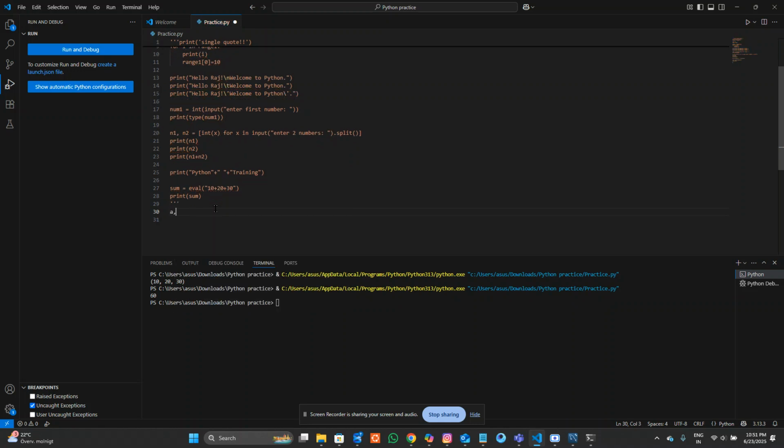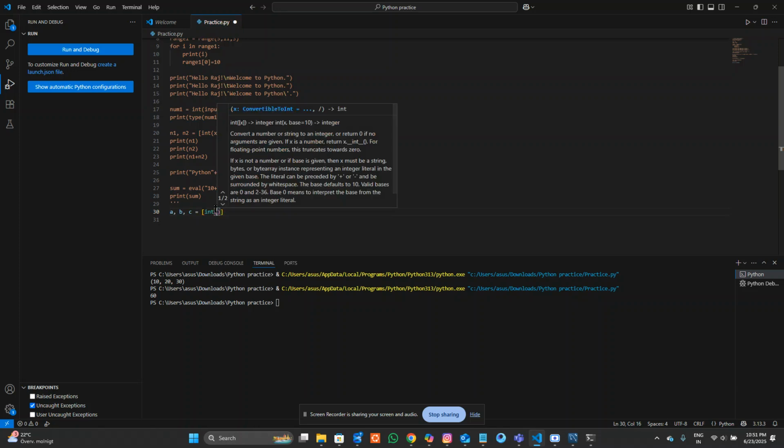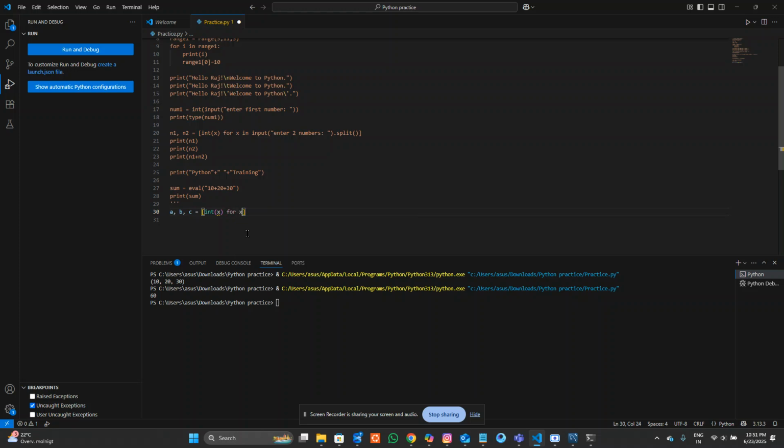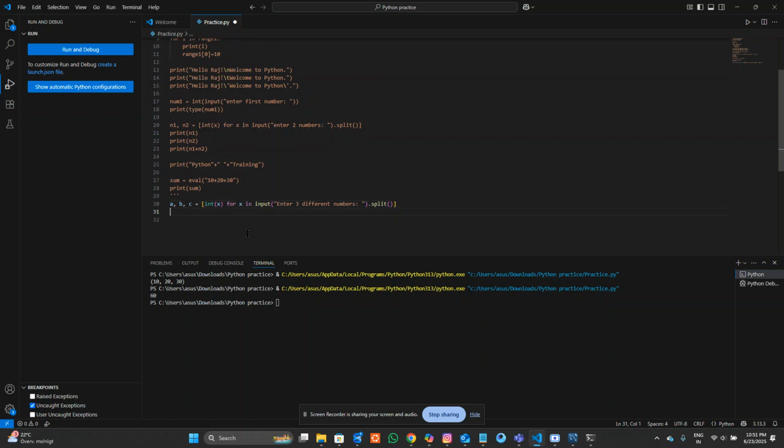So I will take A, B, and C. How it goes: in square brackets, int of x for x in input, or any value that we are taking from the user. Enter three different numbers, it's better for our code, and then we are going to split it using a space. Once our three numbers are there that are of int type,